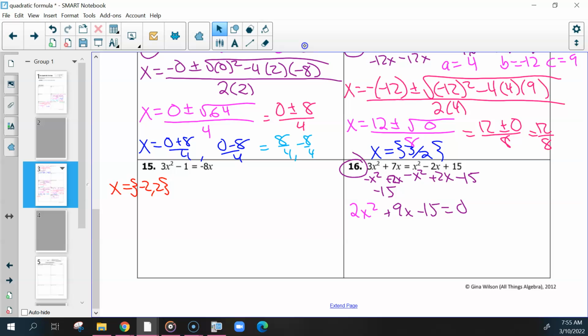So the Delta Math and Khan Academy for quadratic formula is due next week. The Delta Math is due on Tuesday. The Khan Academy is due next Friday. So you have time to get those done, but you could start on them today as well after you try some of